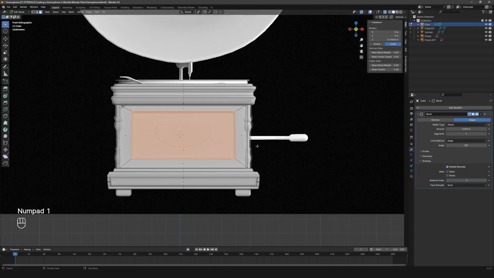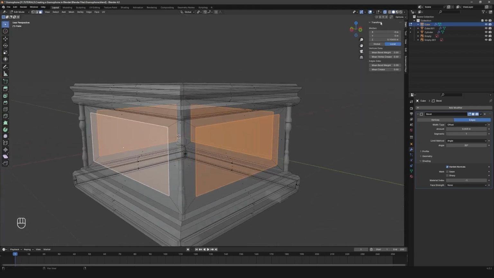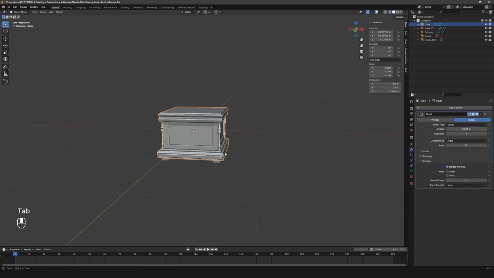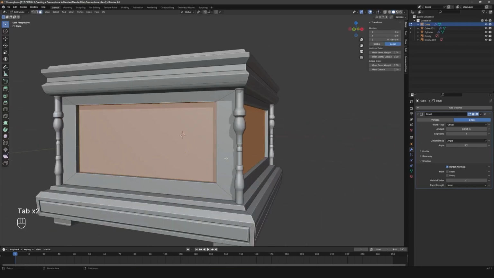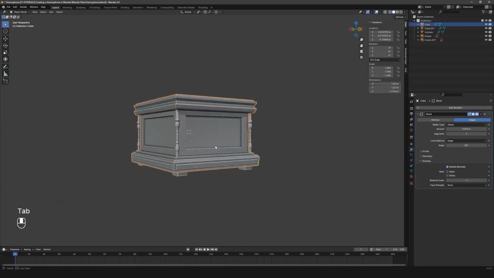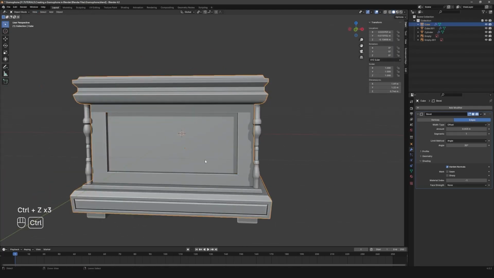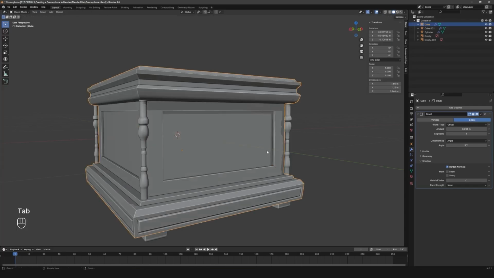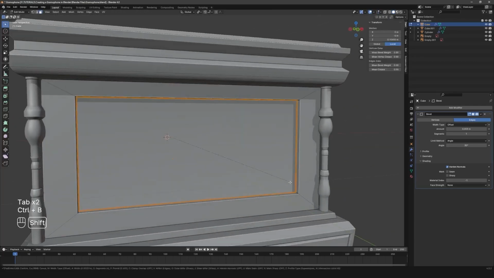Enable X-ray. And what we can do is press Alt plus E and extrude them inwards like this. Select extrude faces along normal and just extrude it like this. While all 4 of these faces are selected, press Ctrl B and again just bevel it out like this. I think what I will do is just undo it and extrude it once again. And I'm not going to extrude it that much. I think just this much is fine. Then press Ctrl B and bevel it out